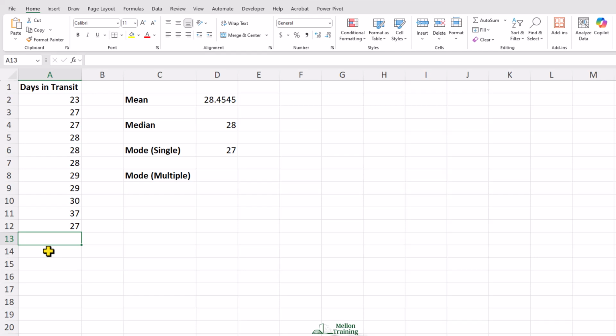And even though 27 and 28 occur the same number of times, 27 occurs first in the dataset. So that means that Excel will select it instead of going with the larger value. That's the rule it uses, the first value. If you do want to find multiple values that occur most frequently, in other words, they're tied within a dataset, you can use MODE.MULT. So I'll go to cell D8, type in